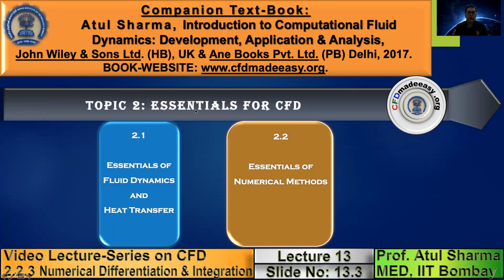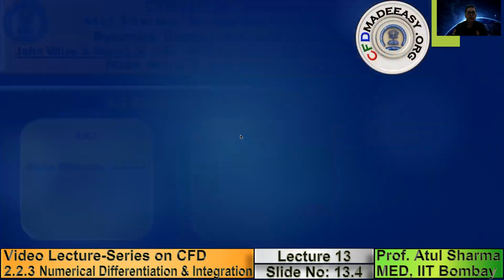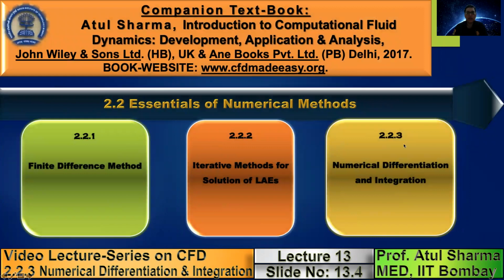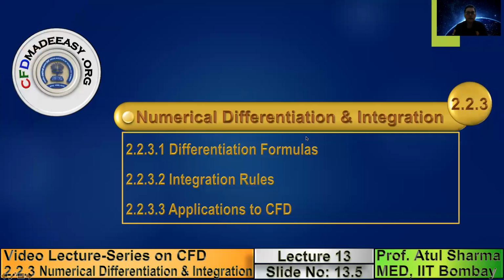This lecture is on topic 2, essentials for CFD, which corresponds to the last subsection of the section essentials of numerical methods. After presenting the finite difference method and the iterative methods, this is the last lecture on the subsection essentials for numerical methods. So in CFD, we need the finite difference method for discretization of boundary conditions,